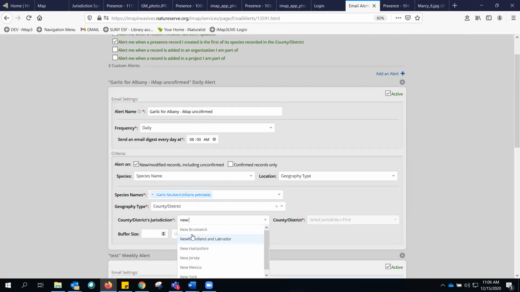I know I'm going through this quickly and there are a lot of options in there. But I believe we do have some help handouts on the internet to help you with this. Essentially, this will send you an email every day if somebody has entered garlic mustard records the day before for my county. Or you can pick other geography types as well. But what I was getting at is that from that email alert, sometimes it's easy for me to confirm records. I can just click on the record ID